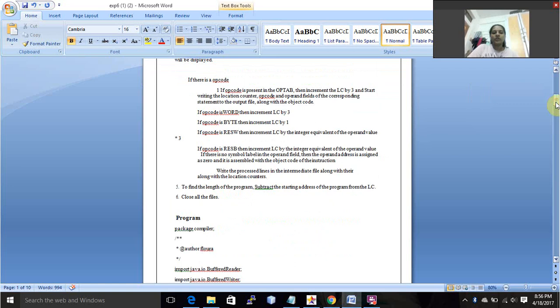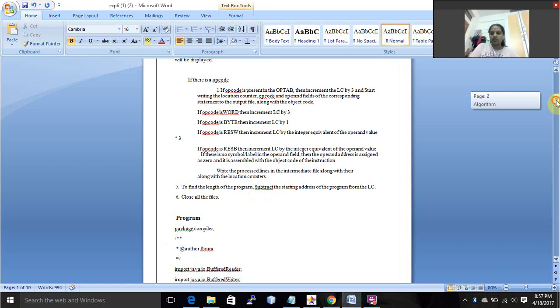If opcode is RESW, then increment LC by the integer equivalent of the operand value. If our opcode is RESB, then increment LC by the integer equivalent of the operand value. Write the processed lines in the intermediate file along with their location counters. To find the length of the program, subtract the starting address.